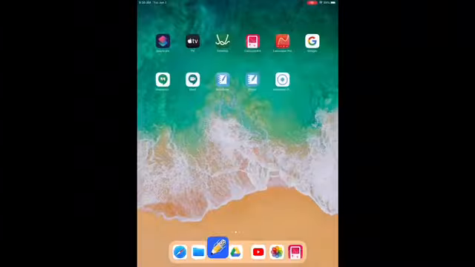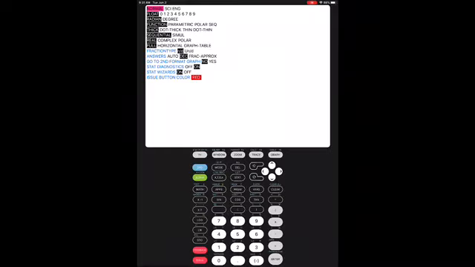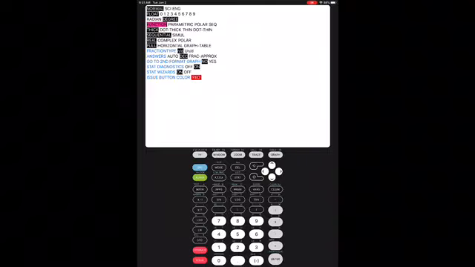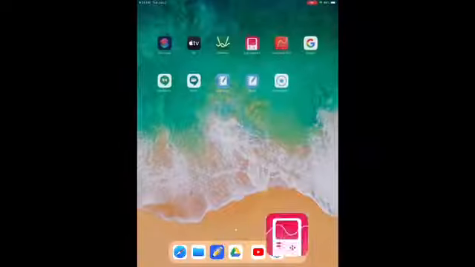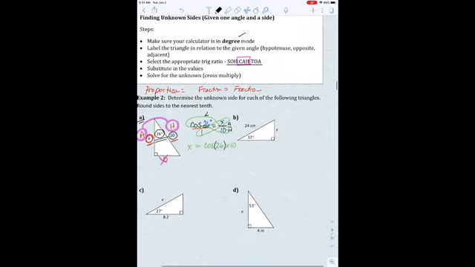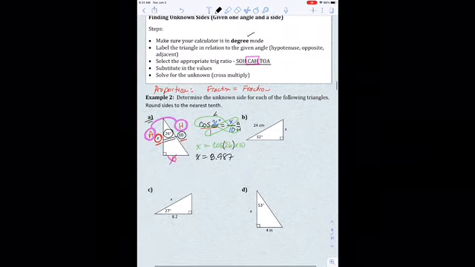So let's go into our calculator. I'll double check my mode. Oh, because my calculator was off, I'm now in radian mode. I'm going to go back to degree mode. I quit out of there, and my equation was cosine of 26. I close that bracket and I multiply by 10. My answer is 8.987. So we had x was 8.987, and we want to round our sides to the nearest